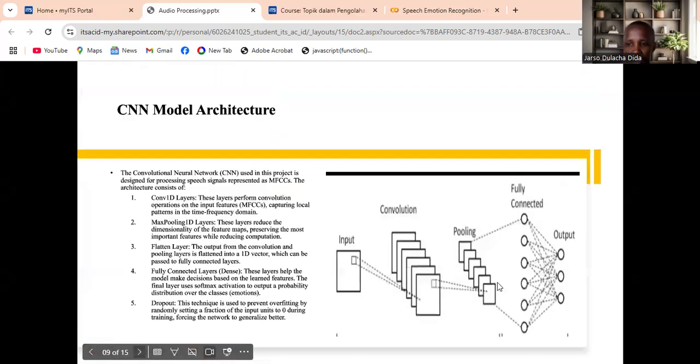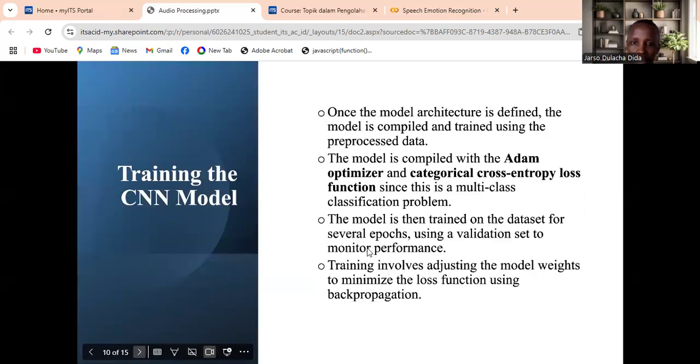This is what the architecture looks like: the input takes the audio files, convolution extracts the features, pooling downsamples or compresses without losing important features, then a fully connected layer detects the emotions. And the model is trained for 20 epochs.